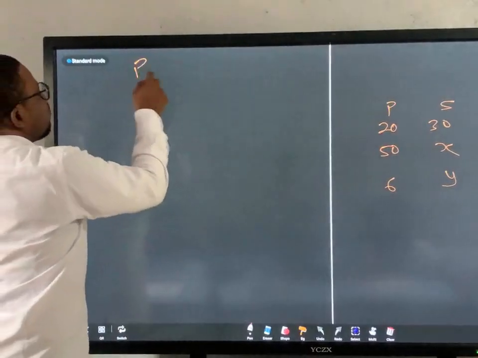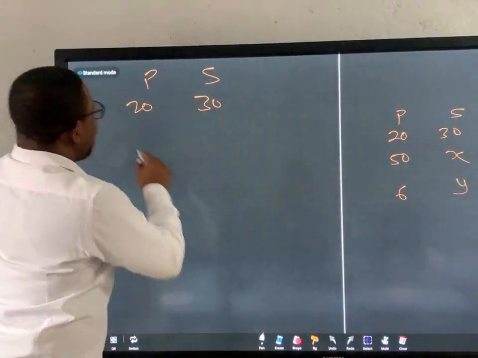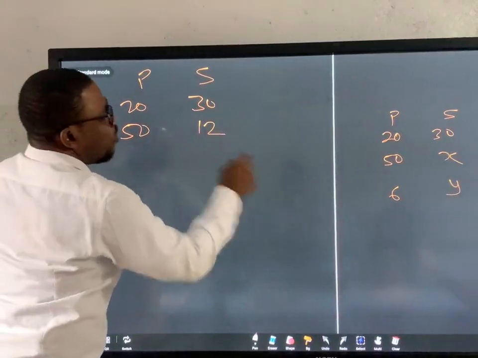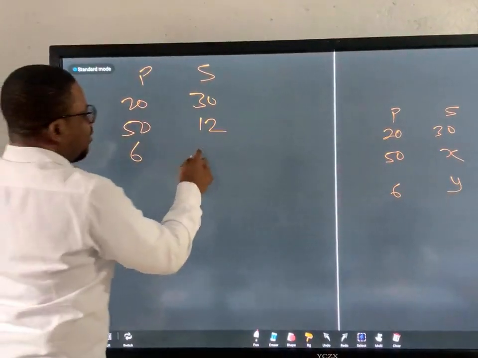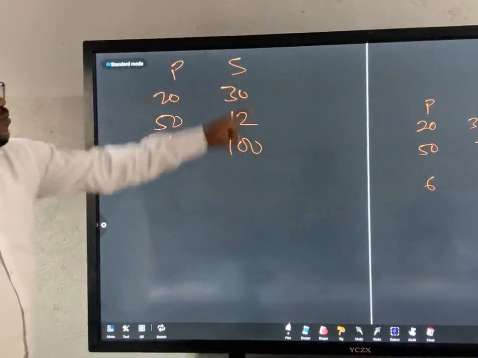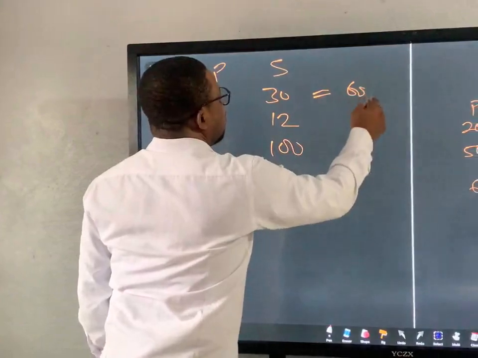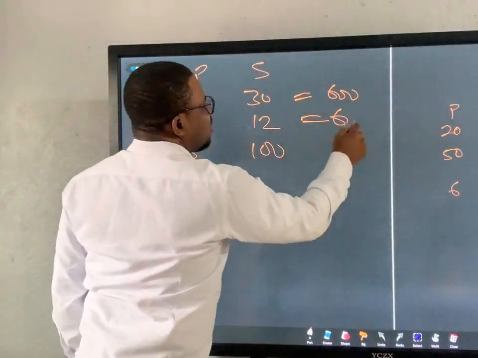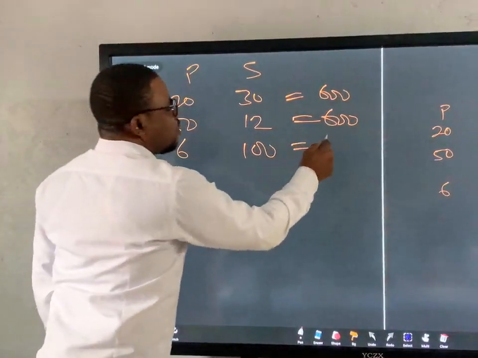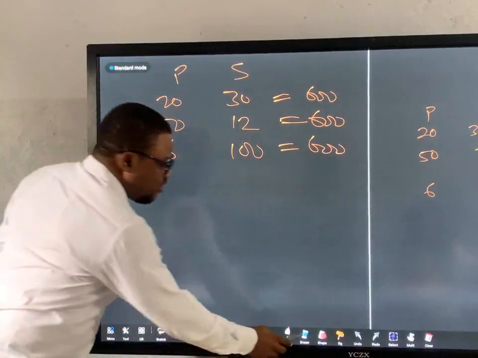when P is equal to 20, that guy was 30. When P was 50, this one was 12. When this one was 6, this one was 100. Now let's see whether it's a constant product. 20 times 30 is equal to 600. 12 times 50 is 600. 6 times 100 is 600. So if I wanted to do it without using the formula,